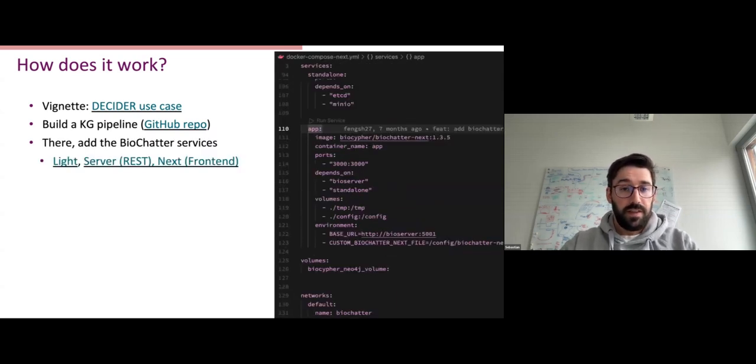And then in the same repository where we built the knowledge graph, we also add other services to the Docker Compose workflow, which builds the knowledge graph. And there are two choices that we have in the BioChatter ecosystem, which is the Lite app, this Python thing, which you can use for prototyping, and then this more fancy REST server Next.js frontend, which you can add just as an image from our Docker Hub, and then it will deploy it with the configurations that you set there. For example, you can set environment variables where you give a URL and maybe a custom